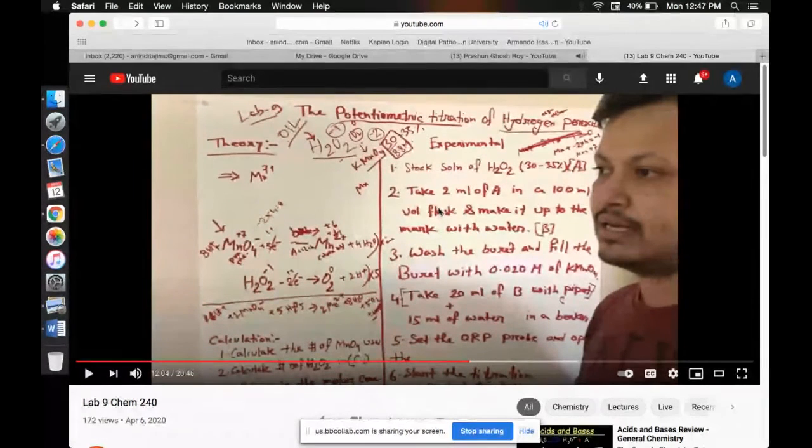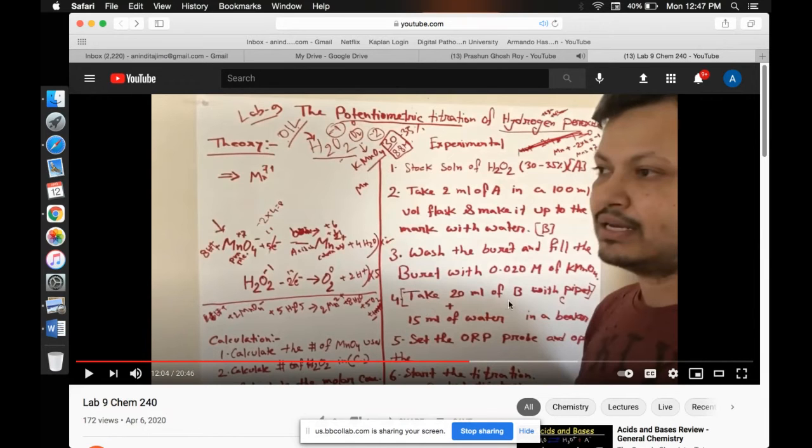Okay, in the burette you have to watch the upper meniscus if it is a colorful compound. If it is colorless, then you have to watch the lower meniscus. Clear? If it is a colorful compound, it's very difficult to find the lower meniscus, so we will consider the upper meniscus to find the amount of the KMnO4. If it is colorless, it is very easy to find the lower meniscus, so we will focus on the lower meniscus of the burette to find the exact amount.